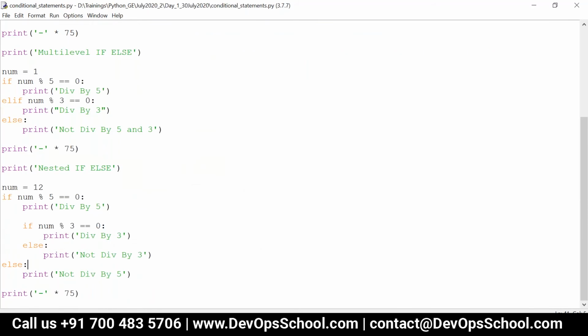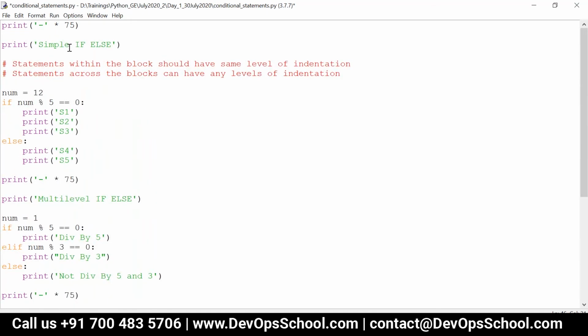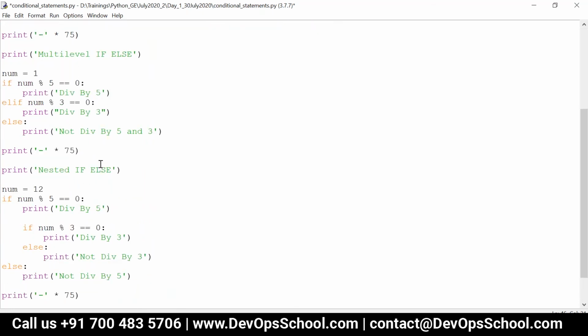So this is nothing but nested if else. And the last one is single line if else. We can have if else in just a single line basically. In all these forms, that is simple if else, multi-level if else, and nested if else, the else clause is optional.